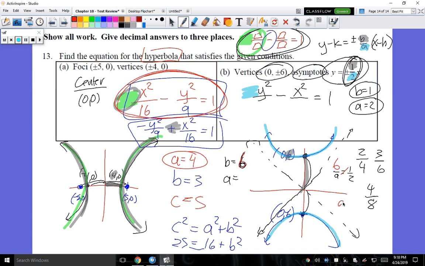Cross multiply, we get A times 1 is A. Cross multiply, we get 12, so we could say A is 12. Which still makes sense, guys, because B over A, if I wrote it as 6 over 12, I still get this positive and negative 1/2. But notice how I cleverly used this ratio so that I could not only still keep this ratio true, but also I could find the true A and the true B. Okay, so B belongs with y, which is going to be 6 squared. And finally,